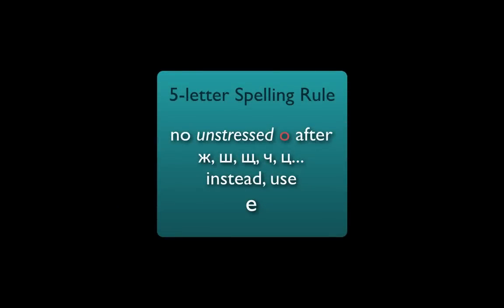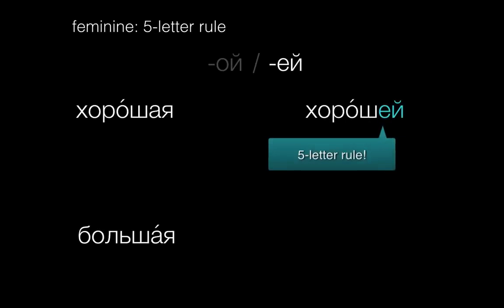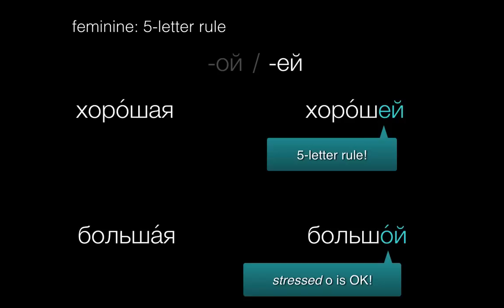We don't use unstressed «о» after these 5 letters. So we'll use «ей» as our ending here instead. Хорошей. And we can contrast that with the instrumental feminine большой. Now, why can we use «ой» in большой here? Well, it's because it's only the unstressed «о» that's involved in this spelling rule. Since the ending in this word happens to be stressed, we can go ahead and use the default feminine adjective